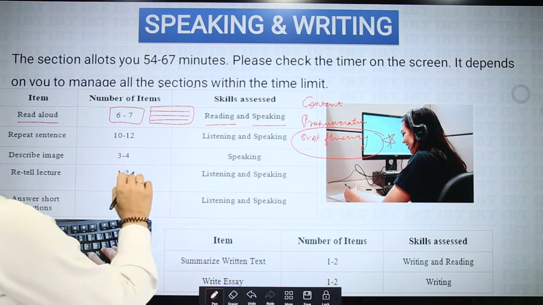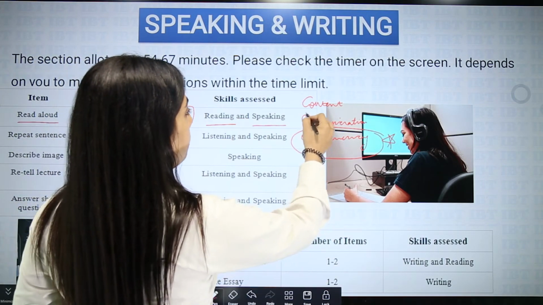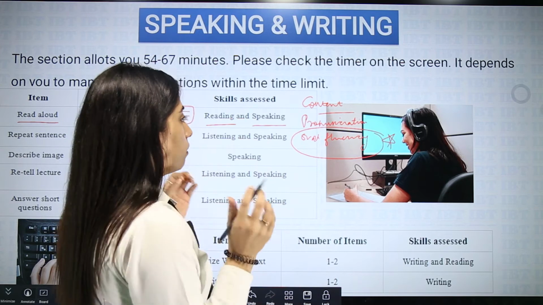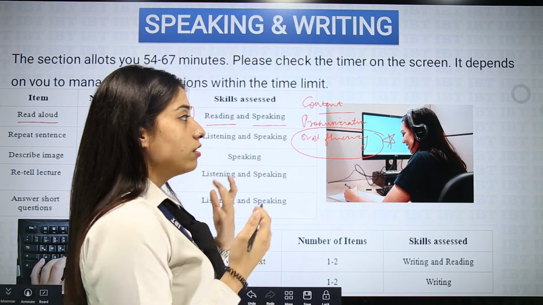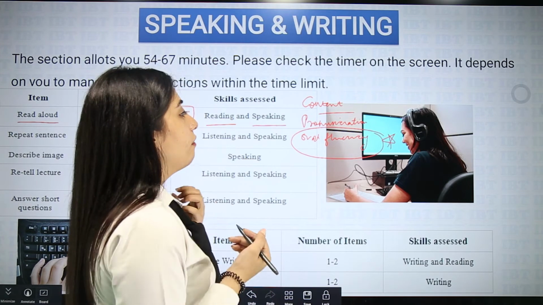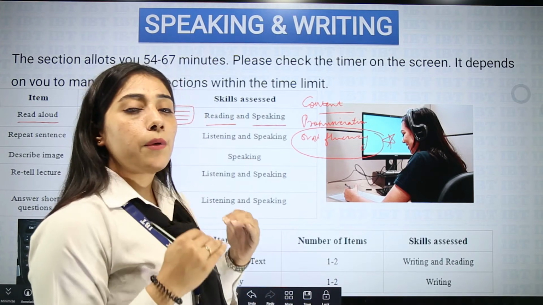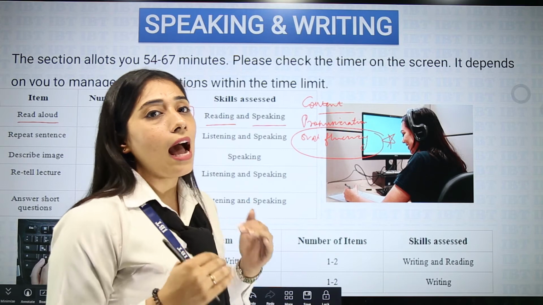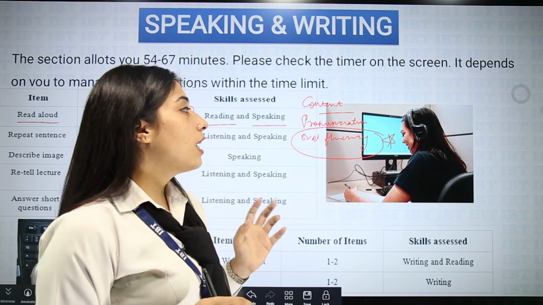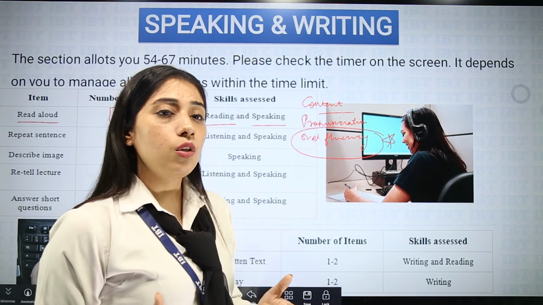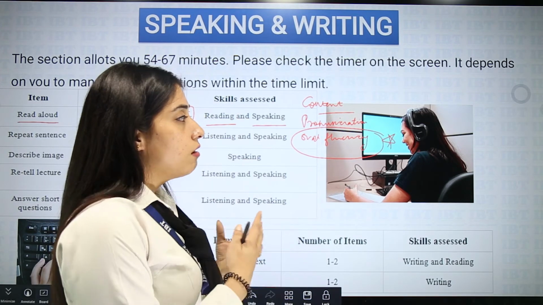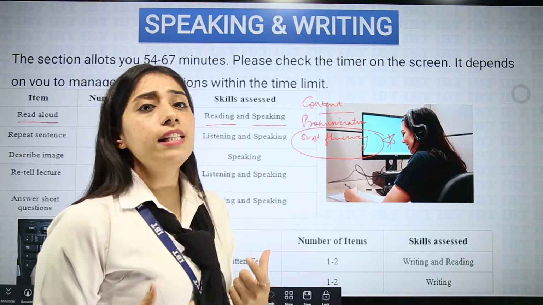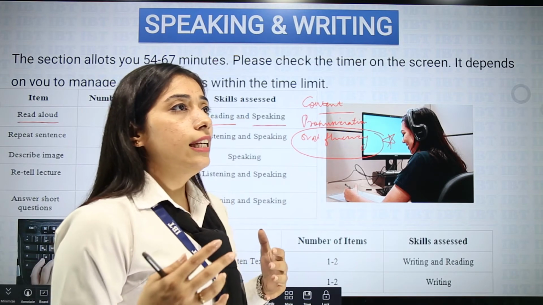So in this you have to speak. Content means whatever is mentioned on the screen, whether you are able to catch it or not. Pronunciation, of course, is pronouncing a particular word correctly. And fluency is following a proper speed, a rhythm, and a voice modulation. So this is ideally a very vast concept that you would be able to learn in the classes. However, just to give you a brief about it, fluency is, it should not look like that you are